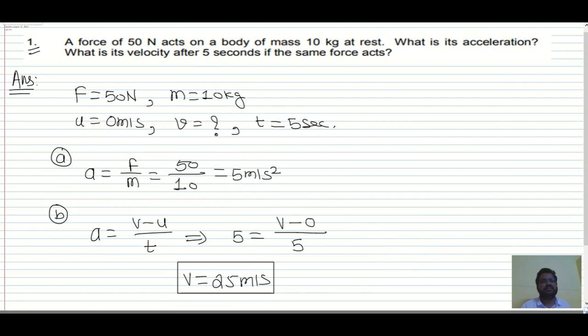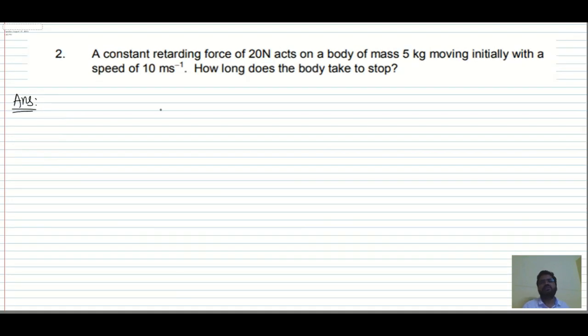Now the second question. In this question, it is given a constant retarding force. Now retarding force means what? If you have the motion towards right, the force will act towards left. A constant retarding force of 20 Newton acts on a body of mass 5 kg. So one body is given of mass 5 kg,